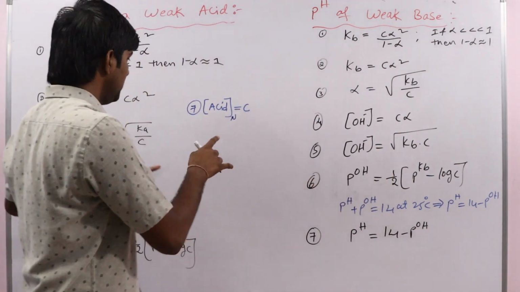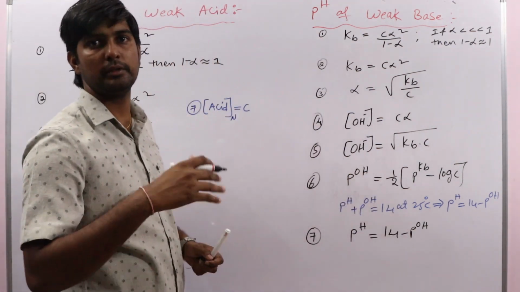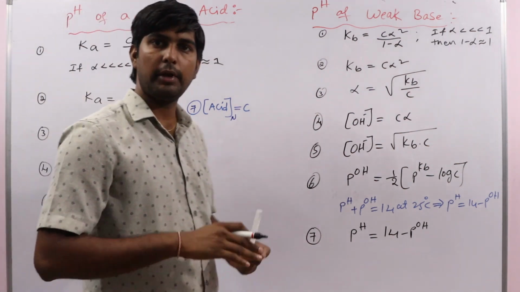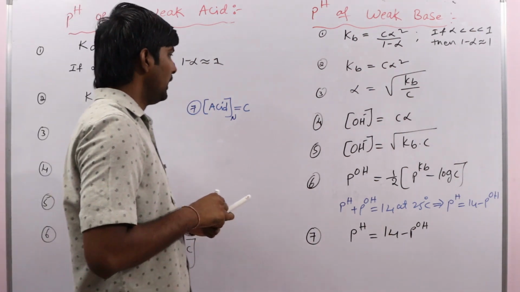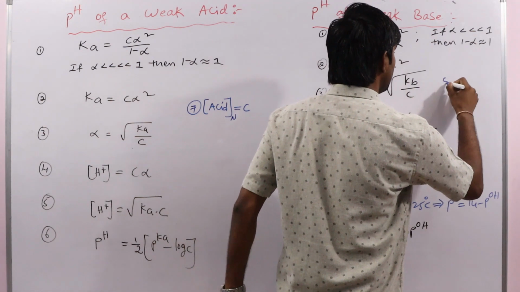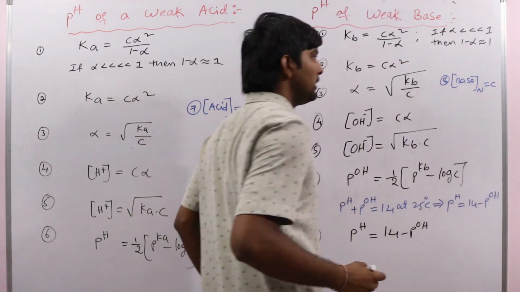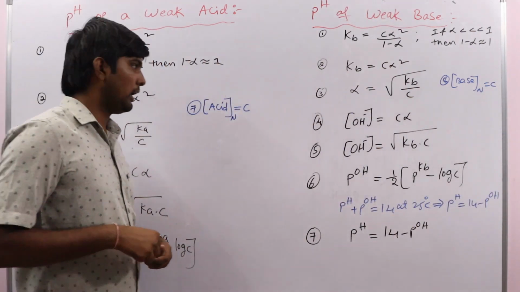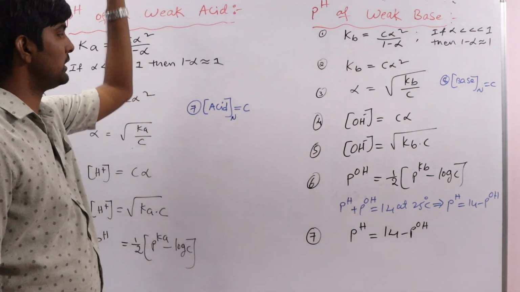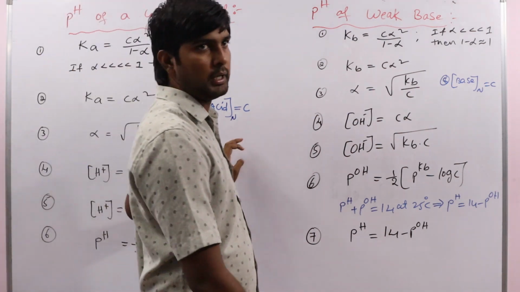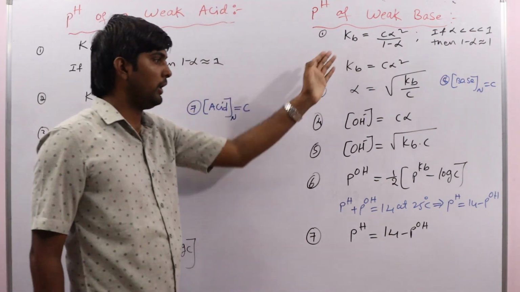Okay, clear? So in a simple way, remember these formulas, no need to work out specially on these. In the place of Ka you get Kb. In the place of H plus ion concentration we get OH minus ion concentration. And here another relation is that the initial concentration of the base is C. Already we discussed once that in all acid base problems we should express concentration in normalities only. So this is about the pH of a weak acid and the pH of a weak base.